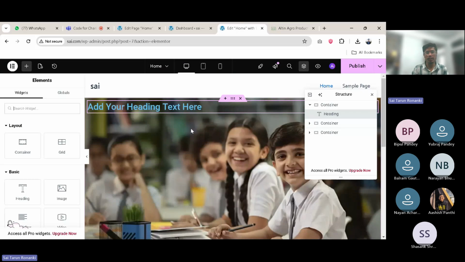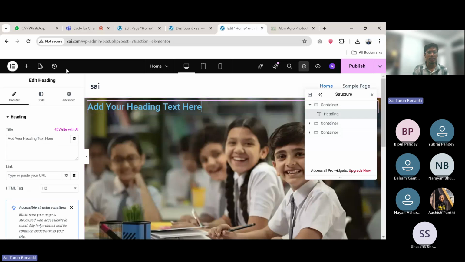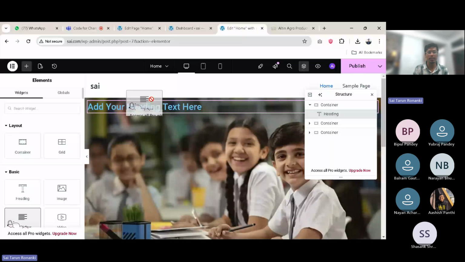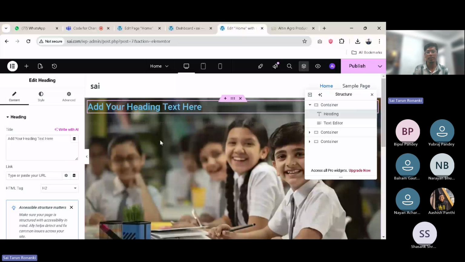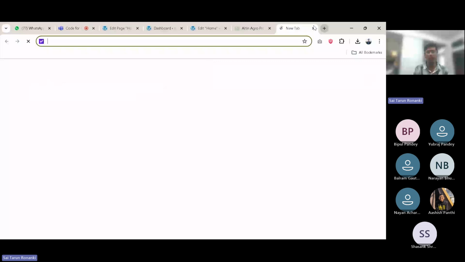So here if you take this website also, I just took a section in which I'll be dumping a header, and below that I'll be dumping a text editor. This will complete my hero section by adding the stuff and all. And coming down here, if you see, they have kept some icons. If you take any other website example, if you take